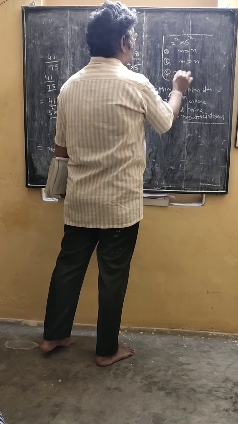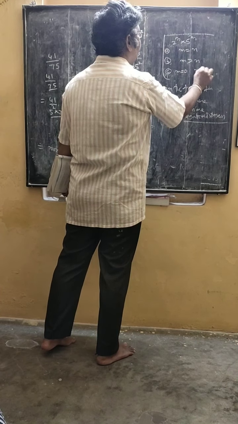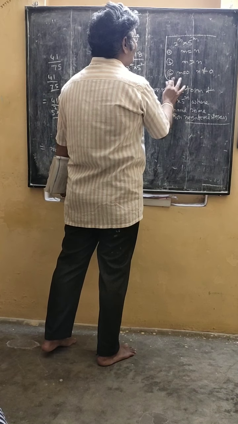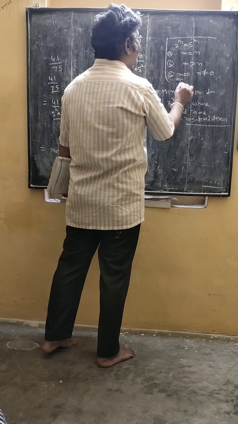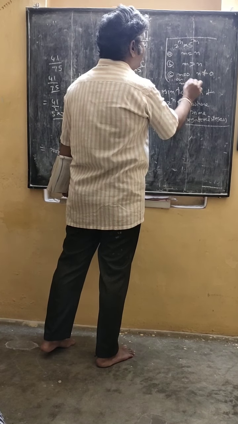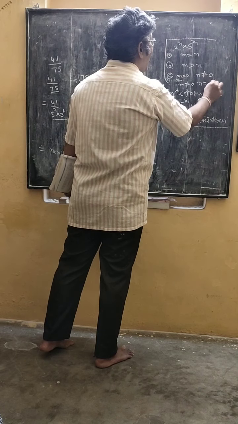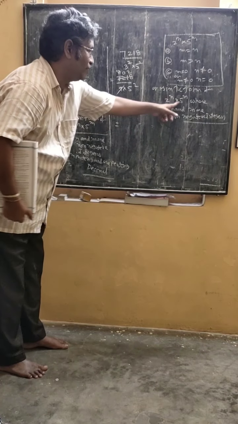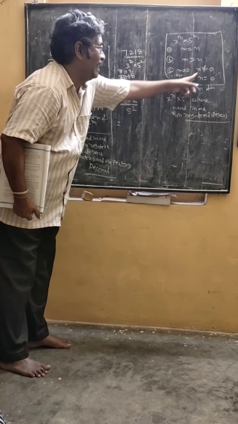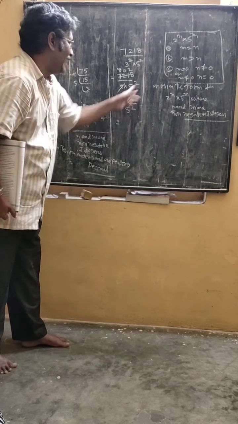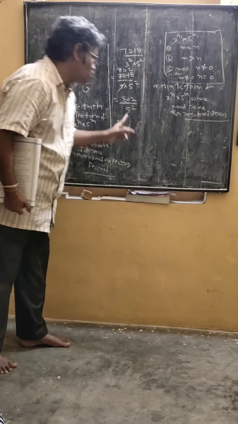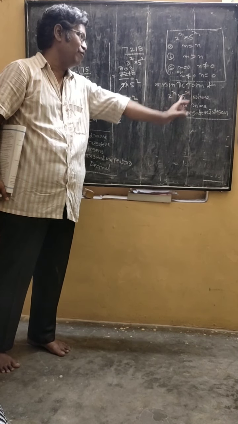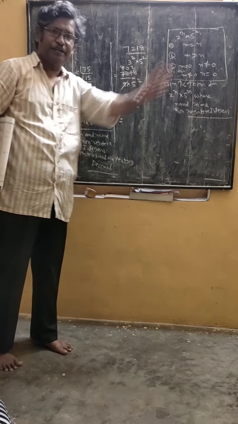In some cases m is equal to 0 and n is not equal to 0. In some cases m is not equal to 0 and n is equal to 0. Here, 5 power m, and here n is 0, so 2 power n means 2 power 0. Okay, it is in that form, no doubt at all. It is in the form of 2 power n into 5 square.